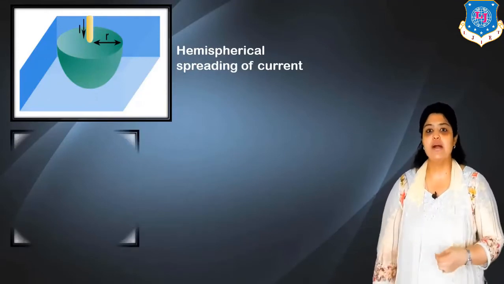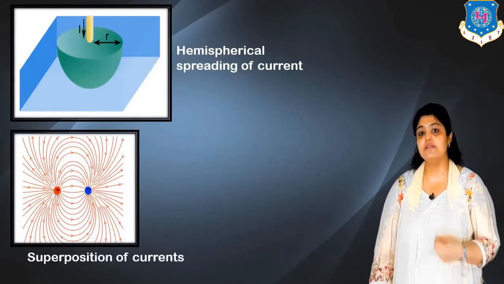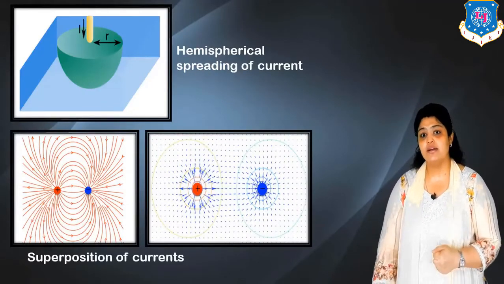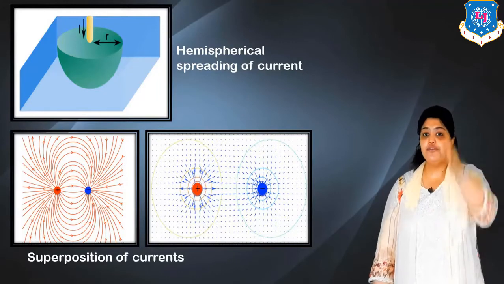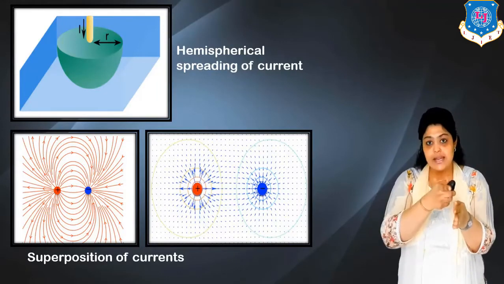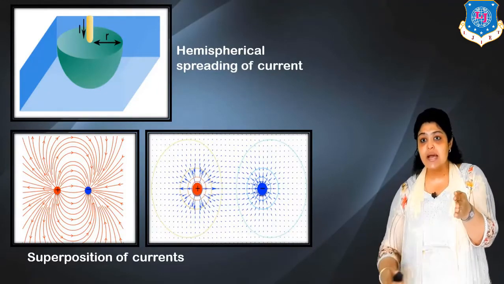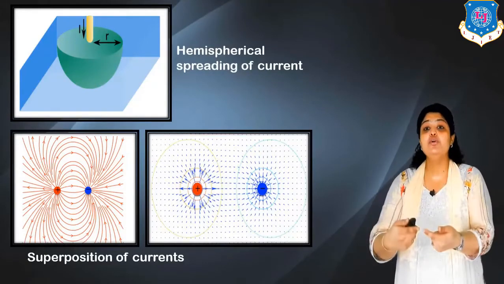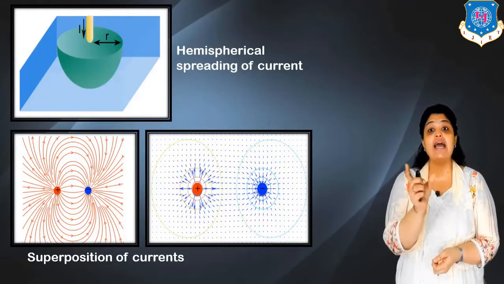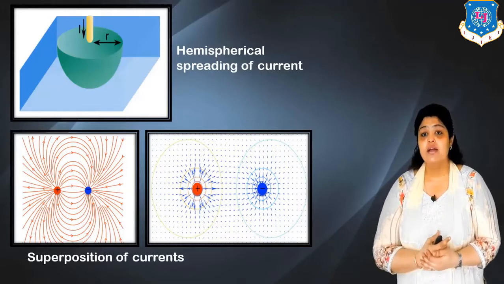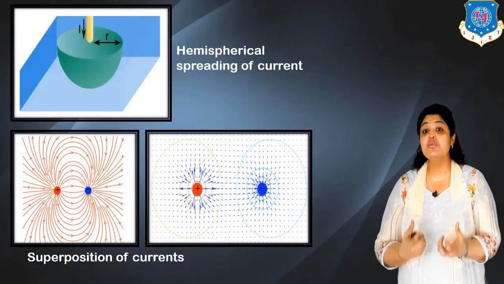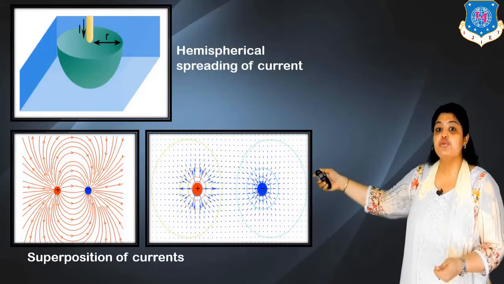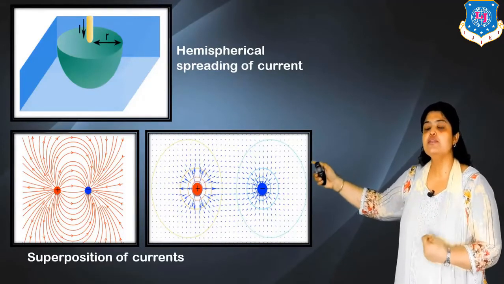We also have to understand two different concepts, that is two different diagrams, that is superposition of current. Now we have current from probe number 1. It is entering from probe number 1 and it is coming out from probe number 4. Current does not pass on to probe number 2 and 3 because of the high impedance voltmeter connected. Now what exactly happens to the current? The current actually adds on as per the diagram shown here, and this is what is known as the superposition